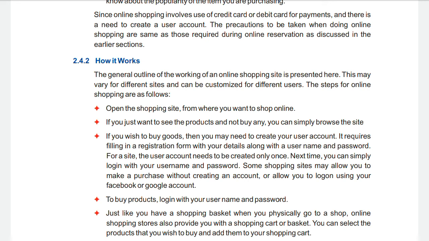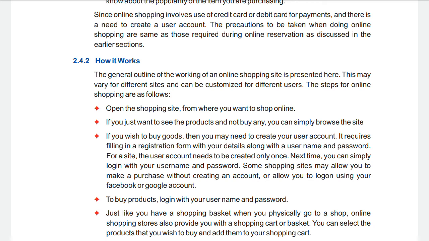Some sites do not ask for the username and password. And some sites will ask you to sign in using your Facebook or Google account. Google account means using your Gmail account. So it depends upon the company whose site you are using. It completely depends upon the company.